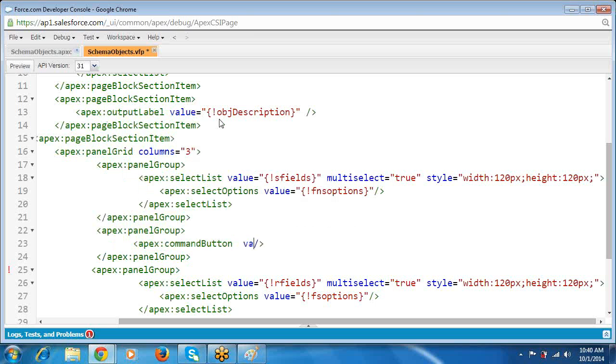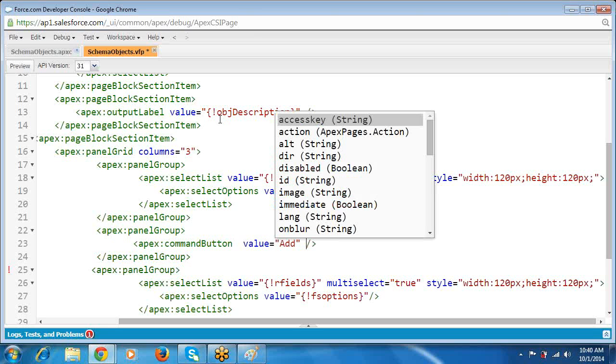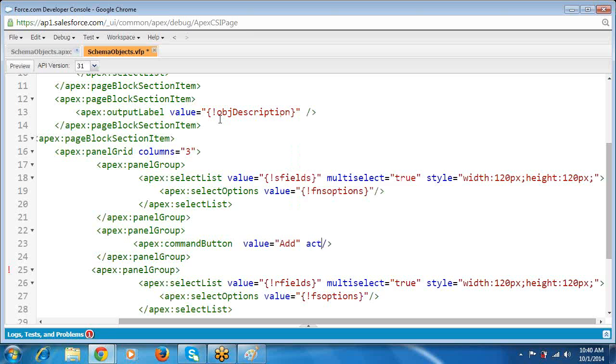Command button, value equal to add. Then we have action equal to, what is the action? Yes. And style